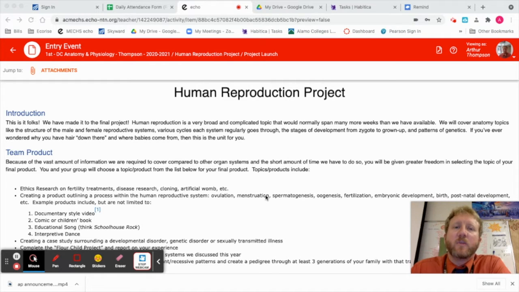We're going to be looking at human reproduction. Now, there's a whole ton of stuff that we're going to be talking about with this. It's not just the parts, right? Male reproductive organs, female reproductive organs. We're also talking about the different processes: how sperm is made, how eggs are made, menstruation, ovulation, stuff like that. We're also looking at the process of fertilization, then what happens after fertilization when you have a single-celled zygote all the way up to a baby that's born.